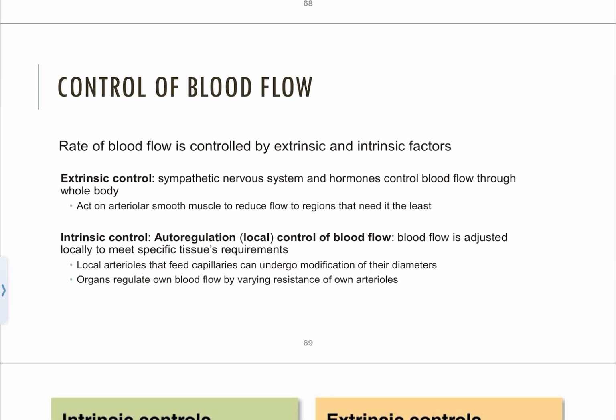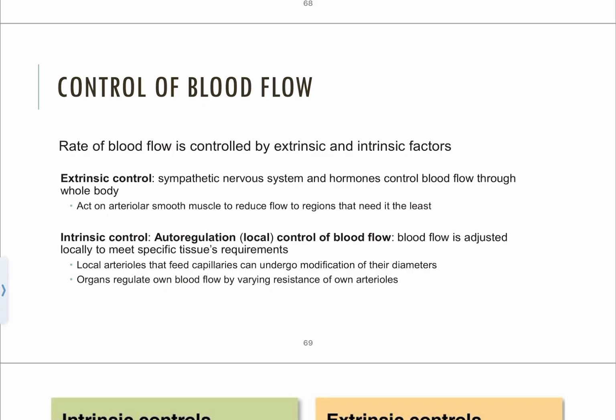So if we're talking about extrinsic controls, really the sympathetic nervous system and our endocrine system are going to be the ones that are controlling the blood flow through our entire body. And our endocrine system is basically made up of our glands and our hormones. And how do they function? They act on the arteriolar smooth muscle to help constrict and reduce flow to regions that need it the least. So if we dilated all of our blood vessels in our body at once, our blood pressure would fall substantially and we wouldn't be able to pump the amount of blood that we needed to critical tissues such as our